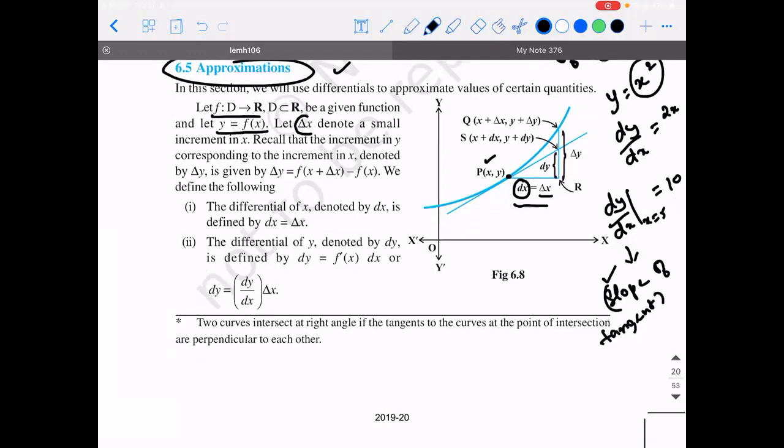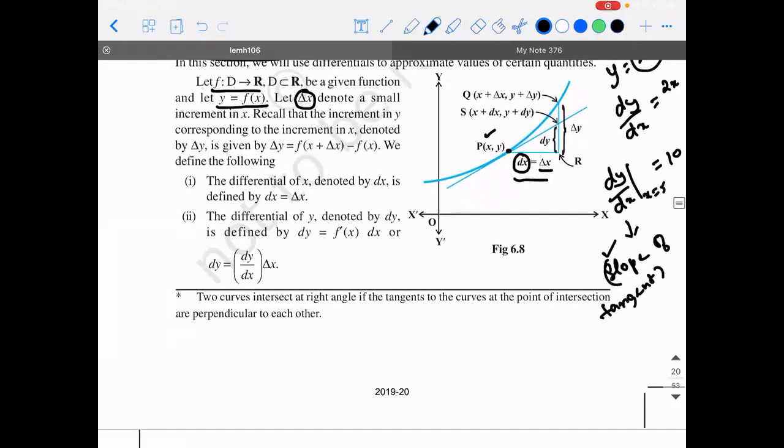When there is a small increment in the value of x, will there not be a small increment in the value of y also? That small increment in y, let us call it delta y. Then what is delta y going to be equal to? Now we will take the help of the graph. They will be drawing a tangent to this curve at the point P (x, y), such that there is another point considered on the curve itself, so that you are able to draw a right angle triangle and find the slope of that particular curve.